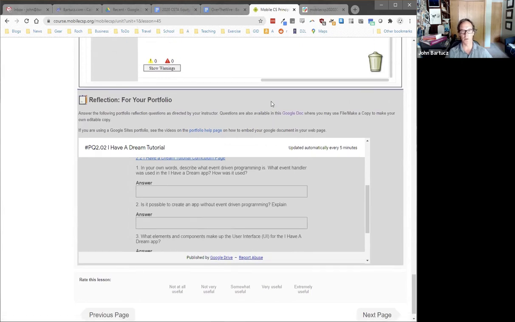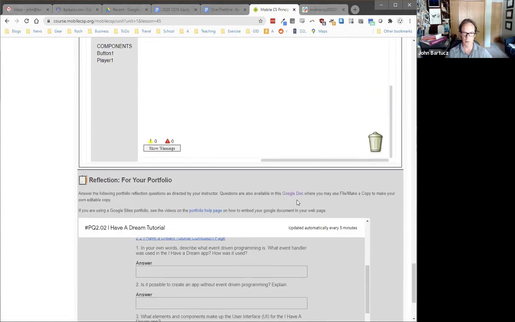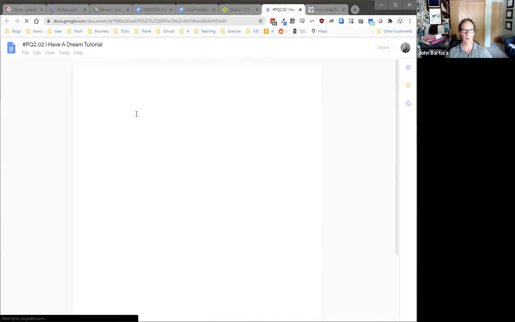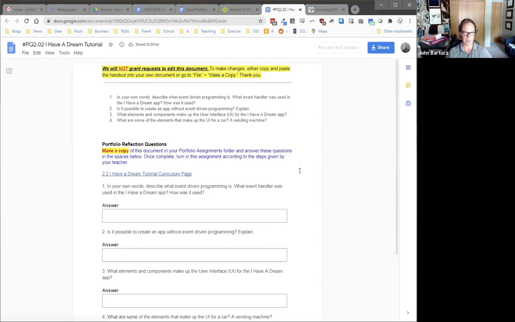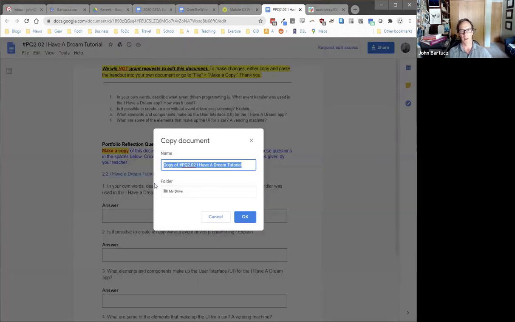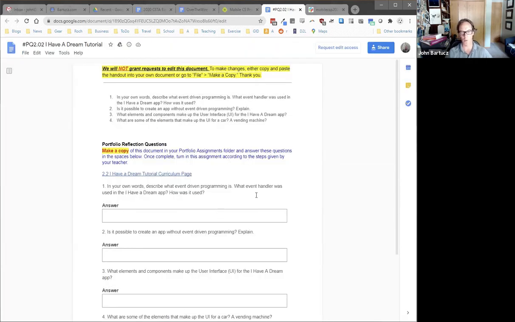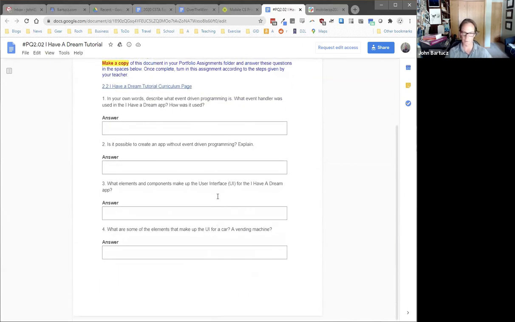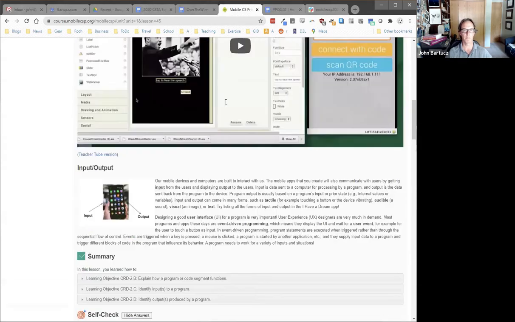And the way you're going to do that is either with a Google Doc, right? And there is a sample empty Google Doc that you can just say file, make a copy, and put your name in it and save it to your Google Drive and share it with me. So I'll have a little video on how to do that for those of you that aren't familiar with Google Docs, but you can either just do it in a Google Doc, save it to your Drive and share it with me, or the other way you can have a portfolio